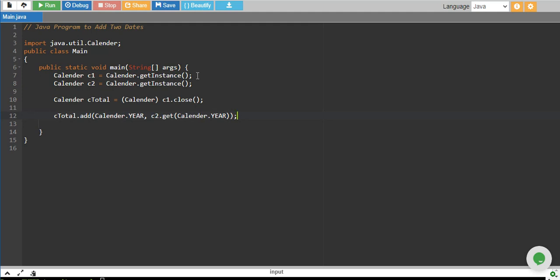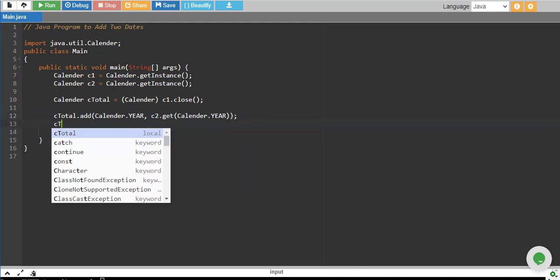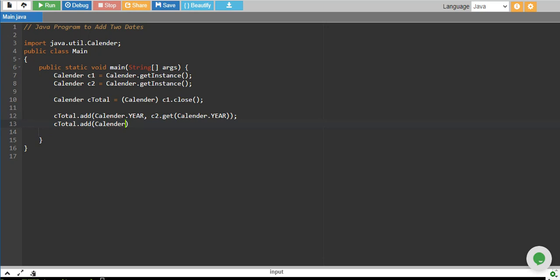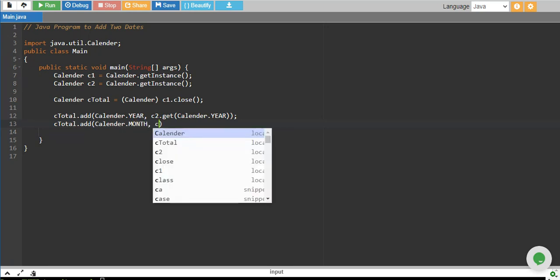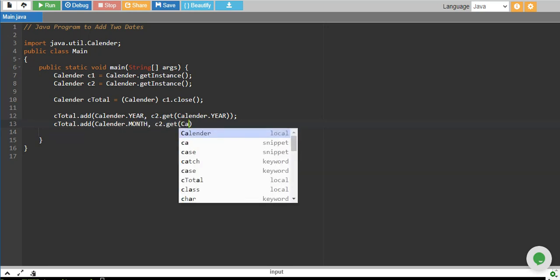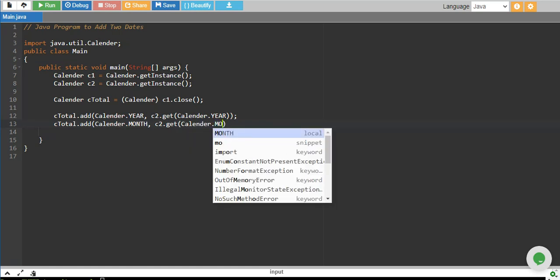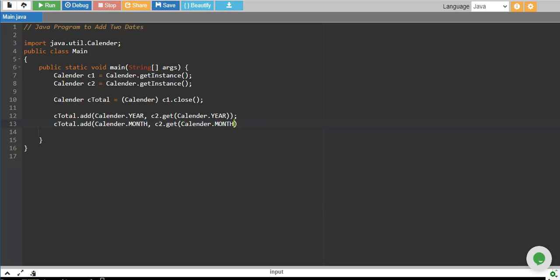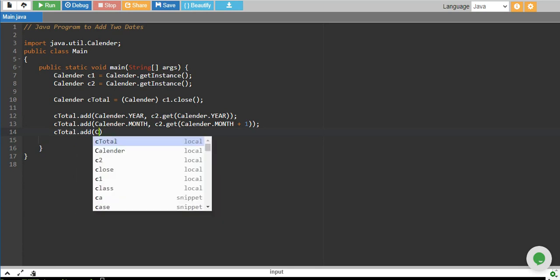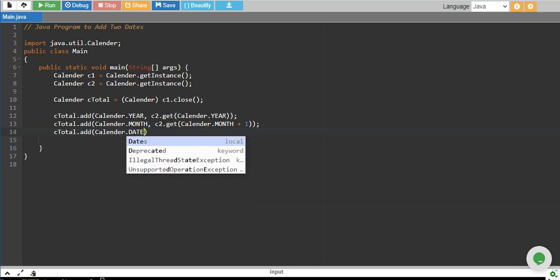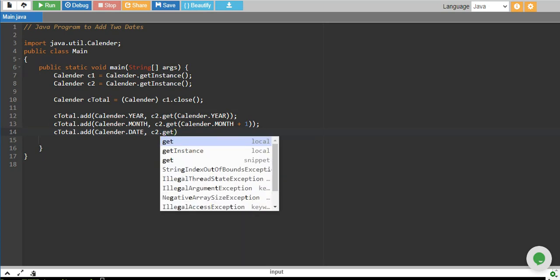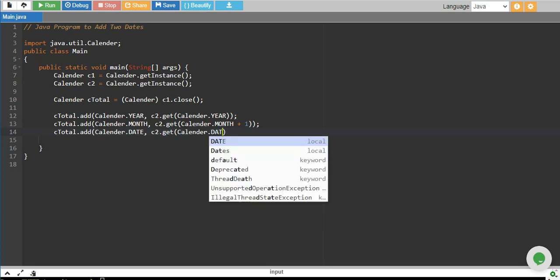There I go, and I'll do the same for month: c2.get(Calendar.MONTH), and since months in Java start from 0, I'll add 1 to it because I have 0-based months. Okay, and I'll do the same for date as well, Calendar.DATE and c2.get(Calendar.DATE),